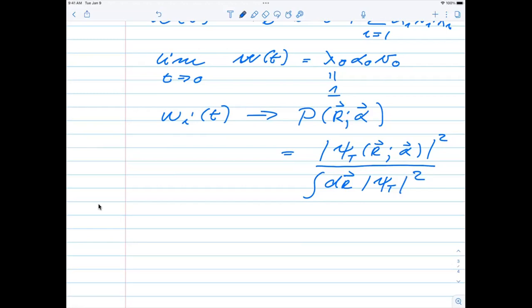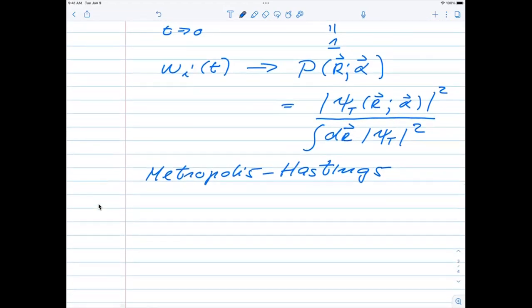Let me quickly remind you a little bit of that, because that's the algorithm which we are going to use in order to accept a suggested move or reject it. So the Metropolis-Hastings algorithm starts with the Markov chain. And in general, this transition probability,